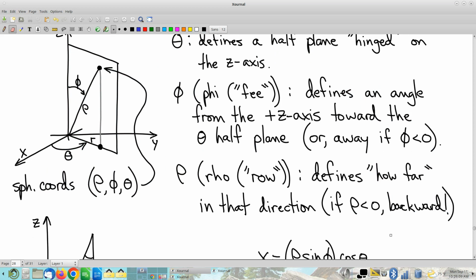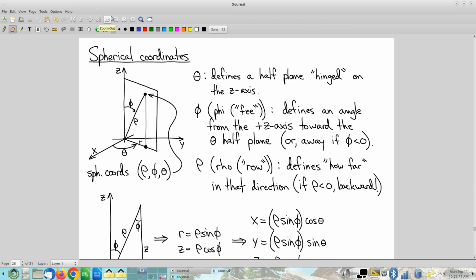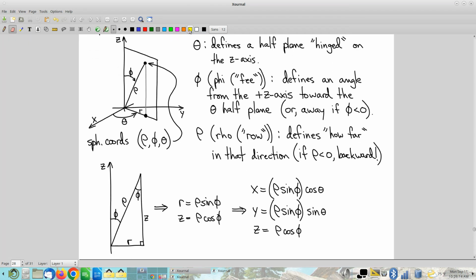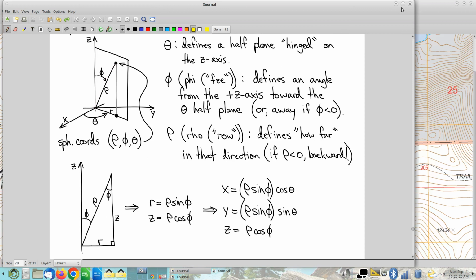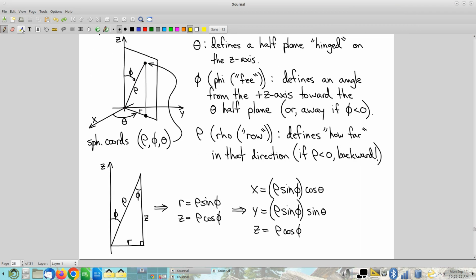The picture I'm about to show you is actually a ripoff of what we already have in here. You're going to notice in this half plane. Oh, whoops! There we go. In this theta half plane, you see that little triangle, and